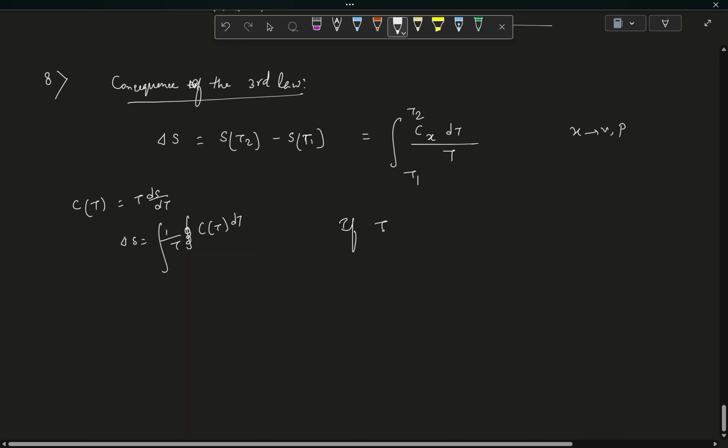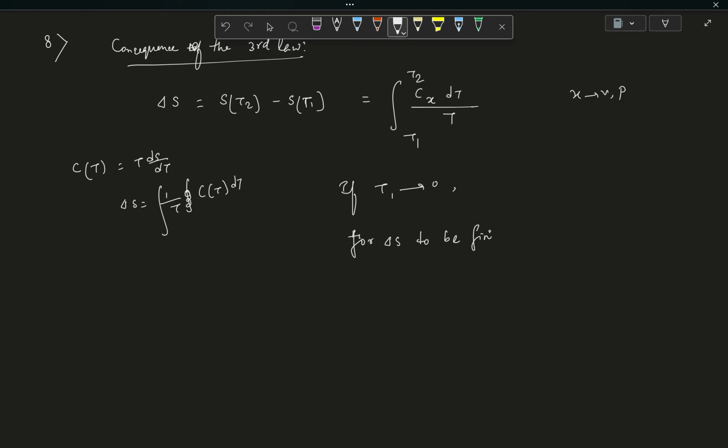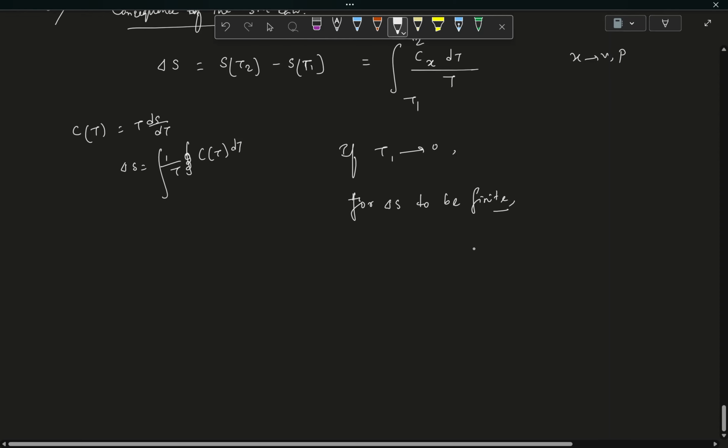Now if T1, let's say any of the temperature, is going to the zero limit, then for the third law to be valid, it demands that the integral needs to be finite and not diverging. So that requires the specific heat Cx to tend to 0 as temperature tends to 0, because for delta S to be finite and not diverging, for the third law of thermodynamics to be valid,